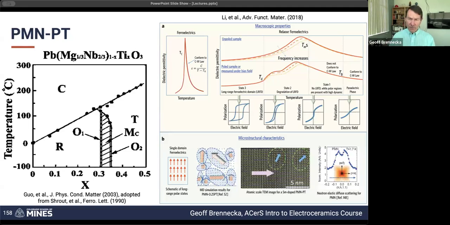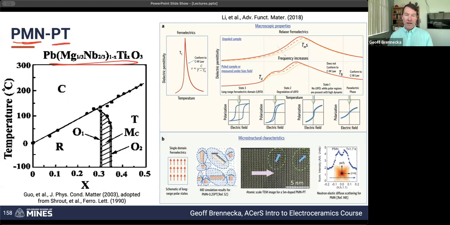But I want to point out what happens with these PMN materials. You can also further engineer that by adding lead titanate. So lead titanate is a really strong, wants-to-be normal ferroelectric. You alloy that with PMN. So basically what that means is you just throw titanium in, and you can end up with this PMN-PT. So this is a combination of that lead magnesium niobate relaxer with lead titanate, a classic first order, very strong,